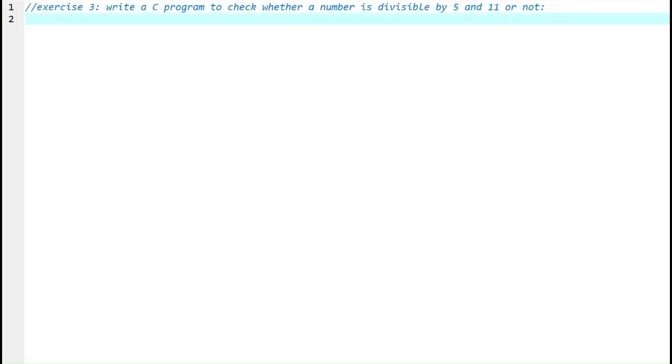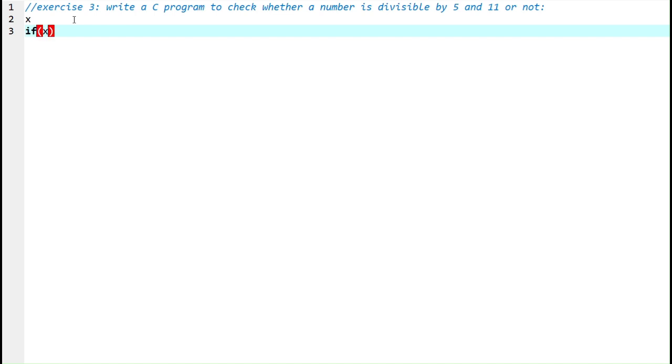Exercise 3. Write a C program to check whether a number is divisible by 5 and 11 or not. First, we need to define a number, for example x. Second, like the other exercise, I need to tell the user to give me a value of this number. Third step, I need to use if with this condition. For example, if x modulo 5 is equal to 0,